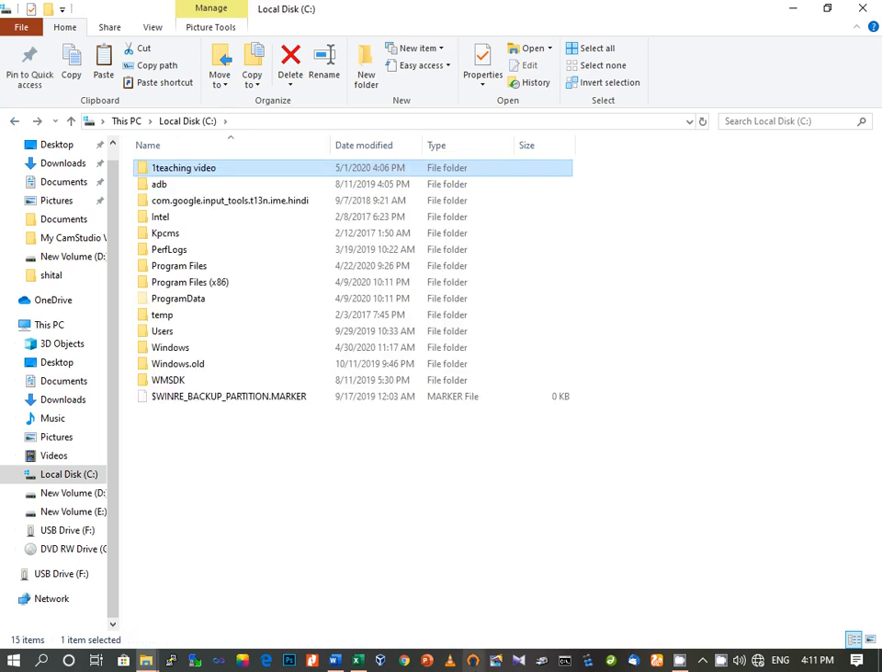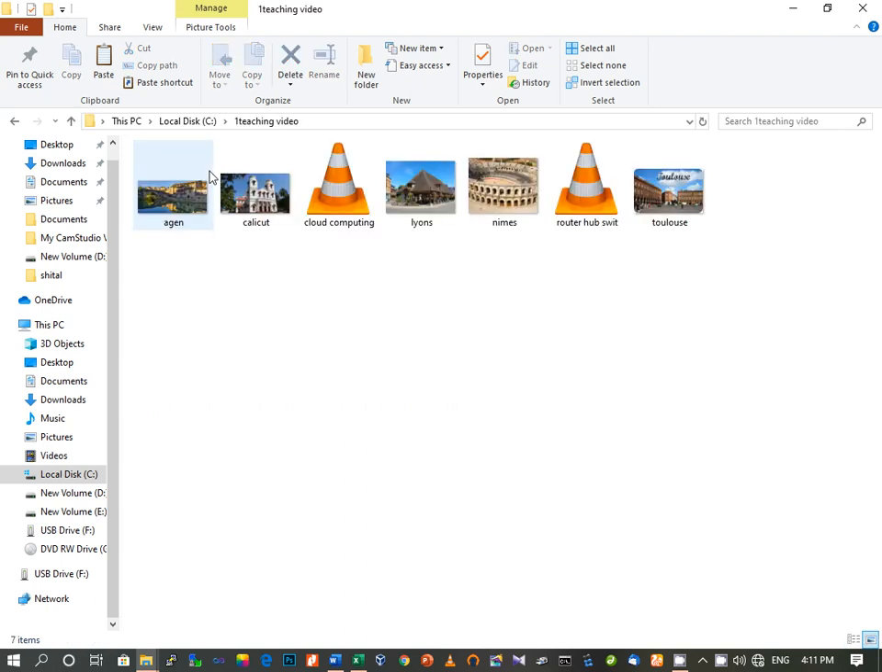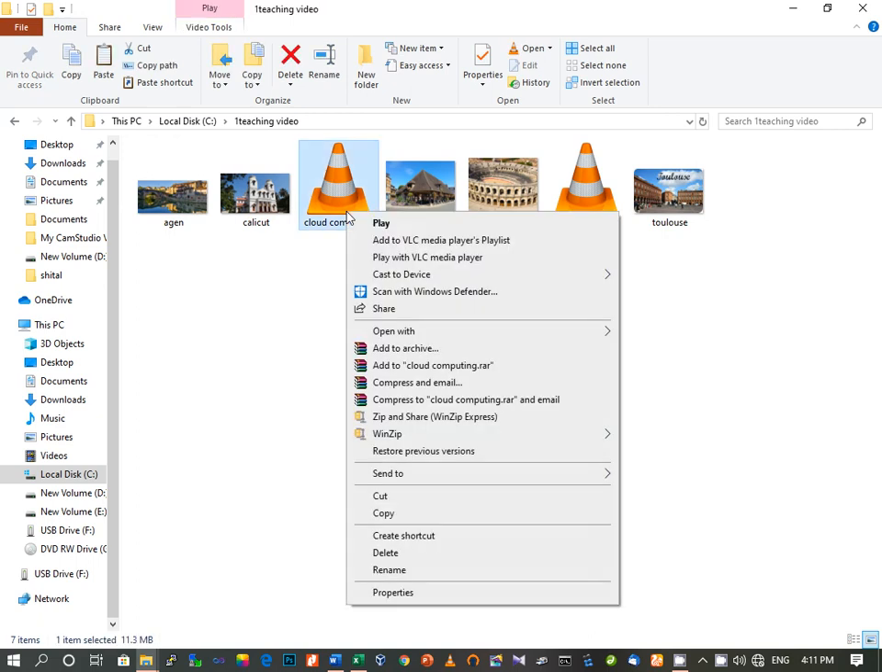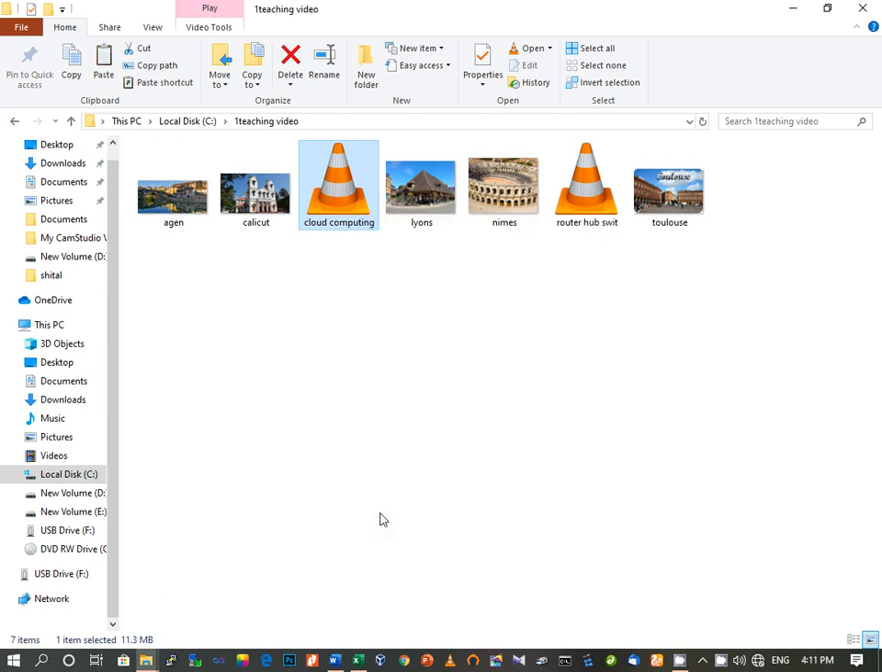Now the next topic is moving or copying a file or folder between storage devices. Suppose you want to copy a file from C drive to your pen drive. Again I am going to open the folder where my file is. I will select the file which I want to copy. So I have selected this. I will right click, click copy, and then